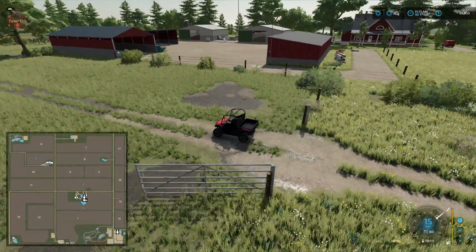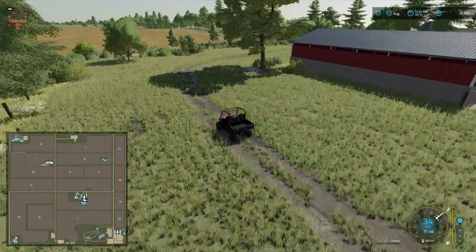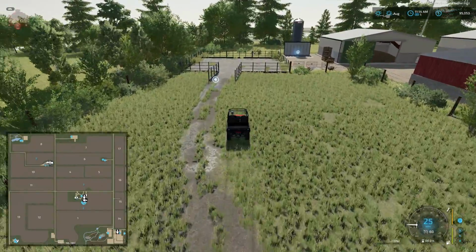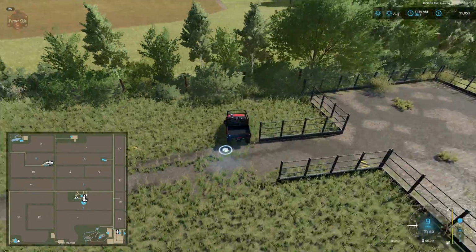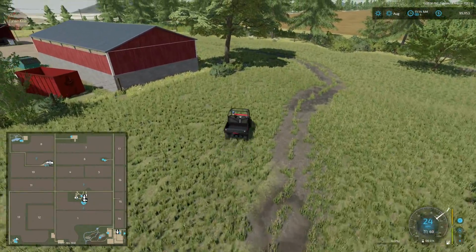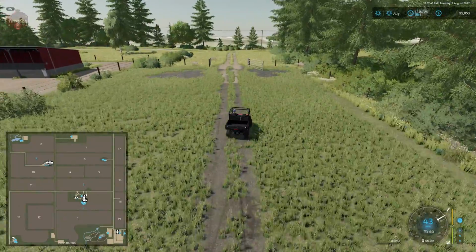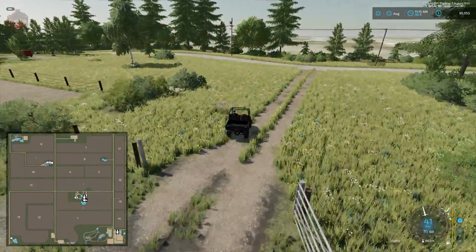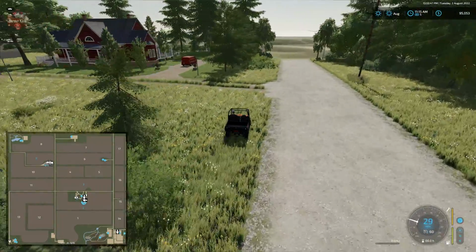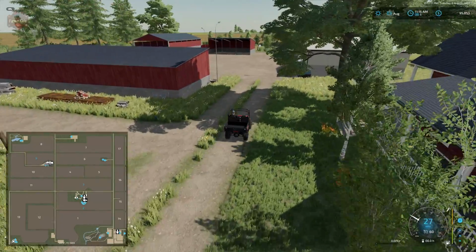So we're coming in here to our animal dealer. If we do place animal pens on the map, this is where we're going to be able to buy our animals. And then we have the entrance to the root crop sell point. We have a lime storage